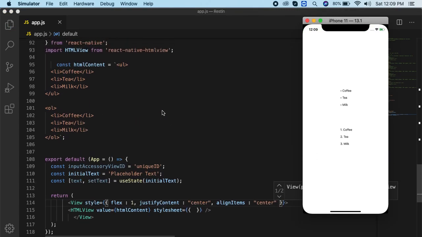Now you can see these HTML contents in the mobile app. This is how you can render your HTML content inside the mobile app.